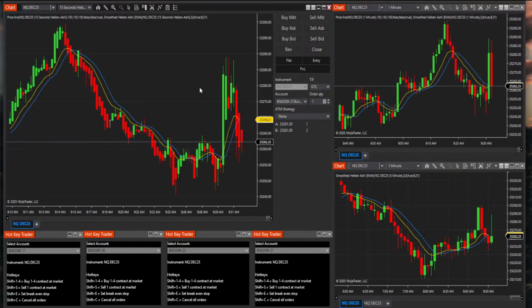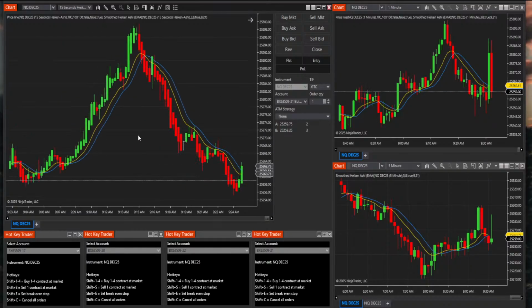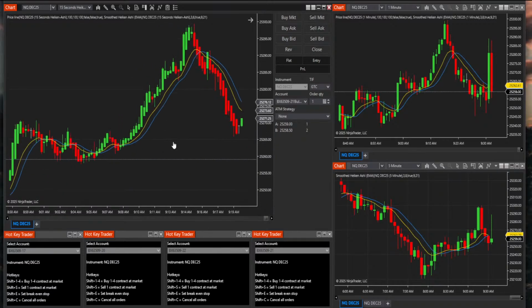I just don't do that. What I like to do is look for stuff like this. I like to look for a nice move up, and then we have a nice pullback. As you can see right here, right up in here, we have a nice pullback. And the lines, the open is diverging from the close, from the blue line. It's diverging. So I get in on the break of this, and then I just go ahead and put a